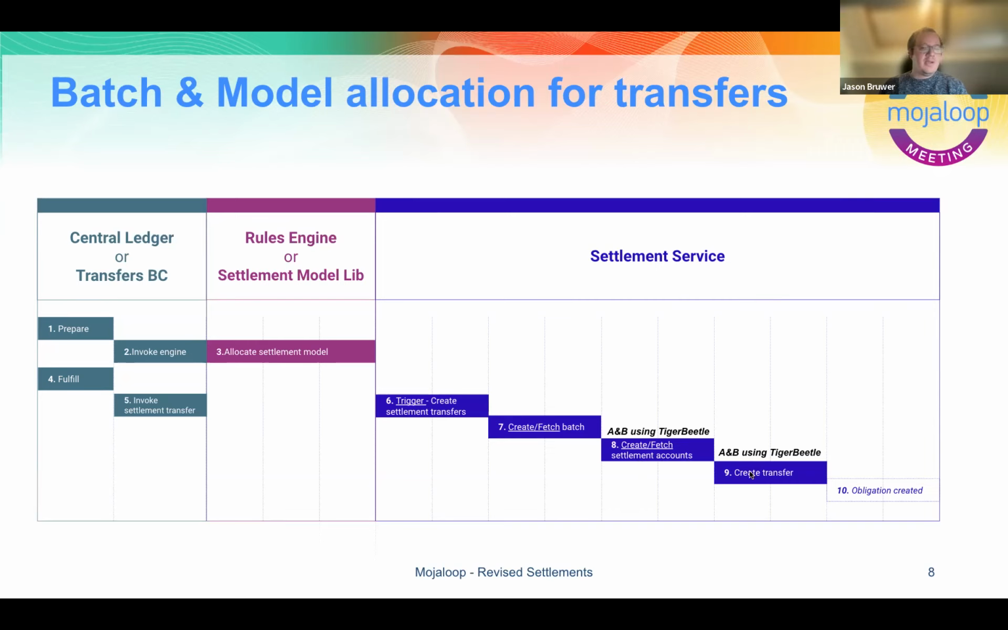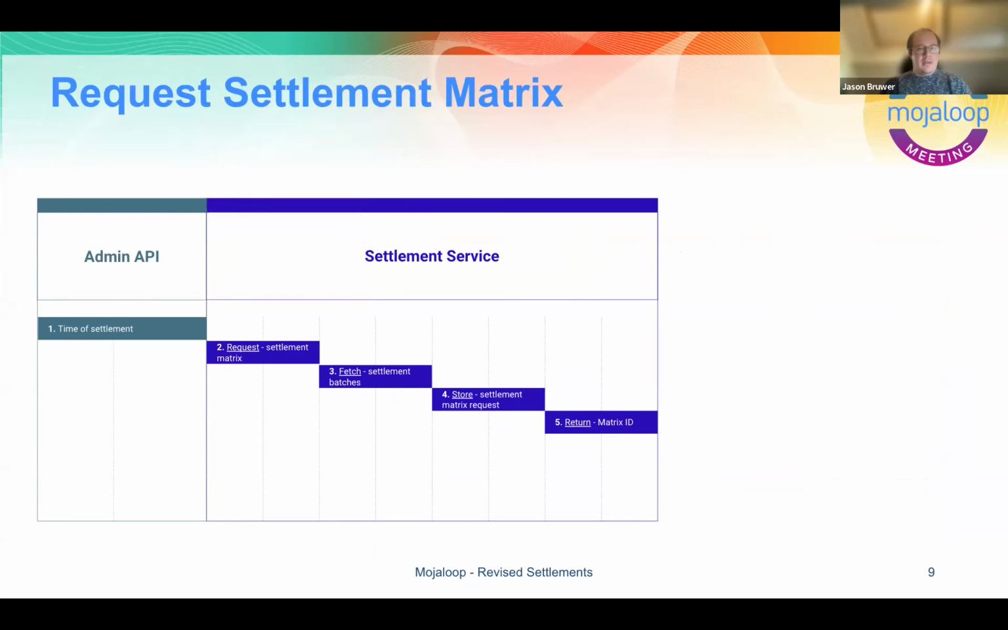And then finally, now that we've got our relevant accounts that are created per batch, we can now create the transfer using accounts and balances again, which in turn goes and makes use of TigerBeetle. And at this point, we have our settlement obligation that is now created. Okay, so next slide. Now that covers our batches and the batch and model allocation for these